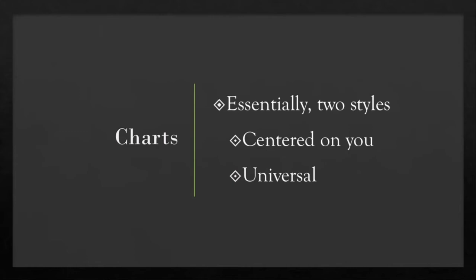The other style, and this is just the word I'm using, is a more universal chart. You can use them to find out relations to you, but you can also figure out relations between other people who are not you that are part of your family. So if I wanted to figure out how my grandfather is related to somebody several generations back in the family tree, how he's related to me doesn't matter. It's how he's related to that person. That's when the universal chart is handy. It'll work for you, and it'll work for anybody else, for any other interrelationship that you're trying to sort out.